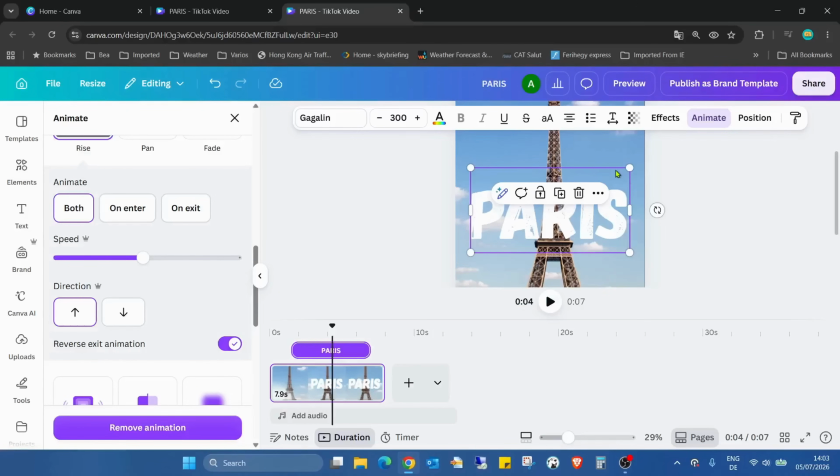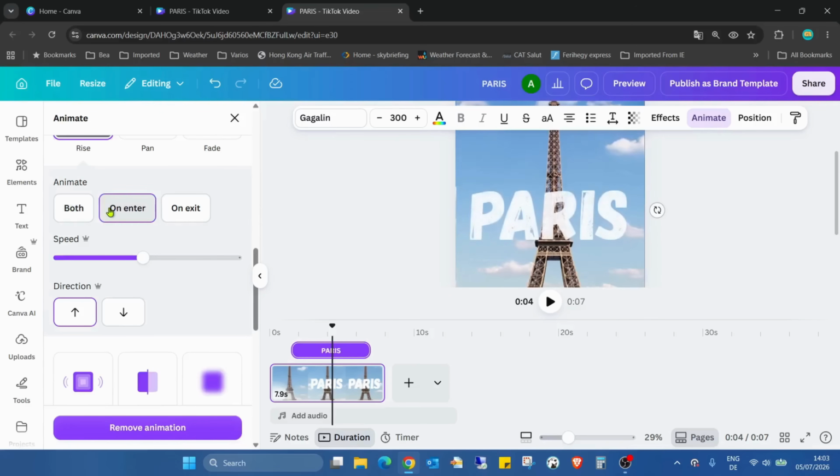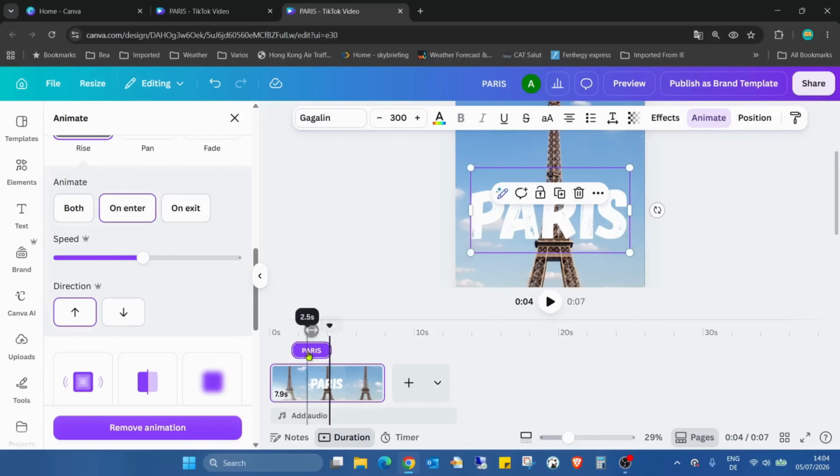But we are still not so satisfied, and we really would like to use an absolutely different animation. Still, we can do it. So now I'm just changing to on enter. Then the text will exit until this, and here it just disappears. But what I'm doing now, I just crop the text a bit more, and